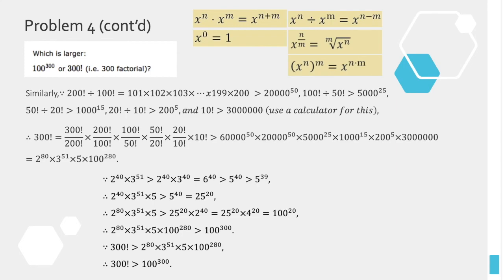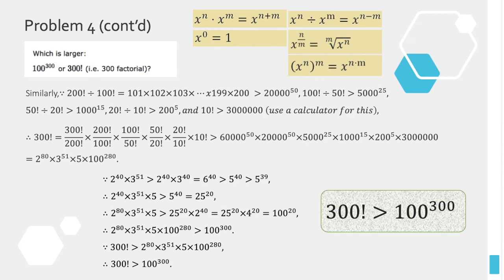Again, there are a lot of numbers here, and it's definitely challenging to comprehend. So you can always look at the slides because all the information that I've just spoken out has been listed there. So we have arrived at the conclusion that 300 factorial is larger than 100 to the power of 300,